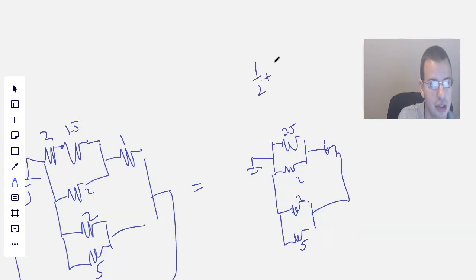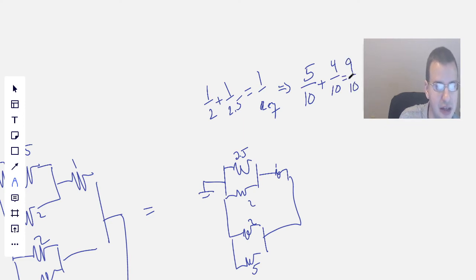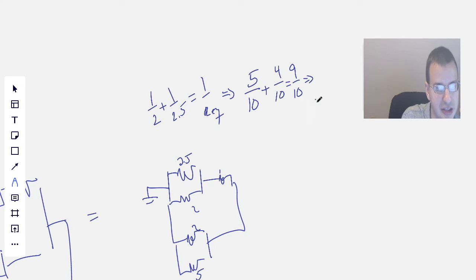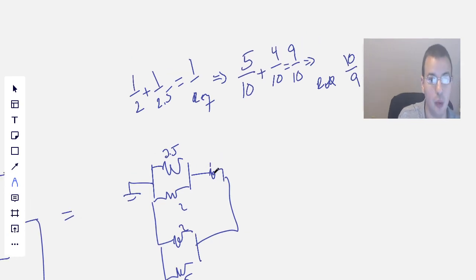So 1 over 2 plus 1 over 2.5 equals 1 over R equivalent. So for solving this, we're going to get a common denominator of, I think, 10. So this would be 5 over 10 plus 4 over 10 equals 9 over 10. Therefore, the equivalent resistance is 10 over 9, or about 1.1. And then we're going to add 1 to that. So that's going to be 10 over 9 plus 9 over 9, which is 19 over 9. So we have 19 over 9